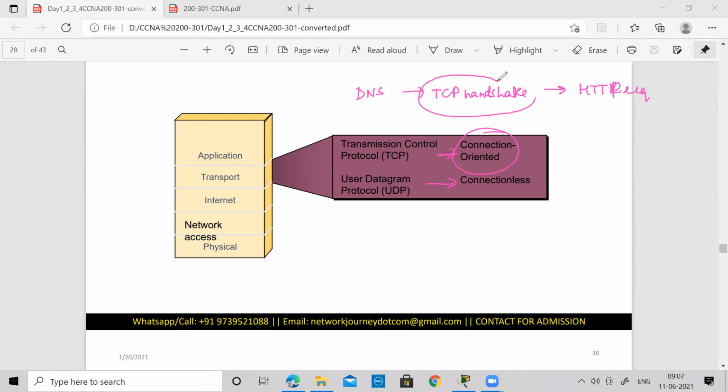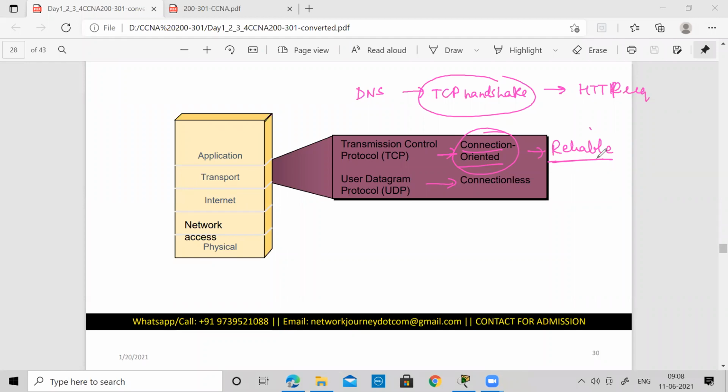So there was something known as the handshake. The handshake is known as connection oriented, which means you are taking care of something important: you are offering a reliable service. The HTTP service is a reliable service.